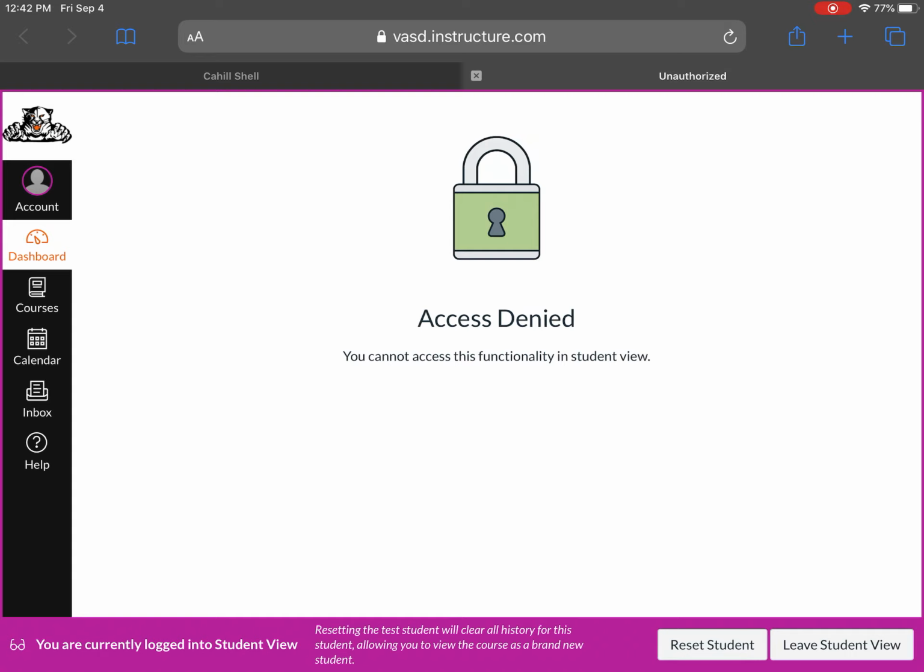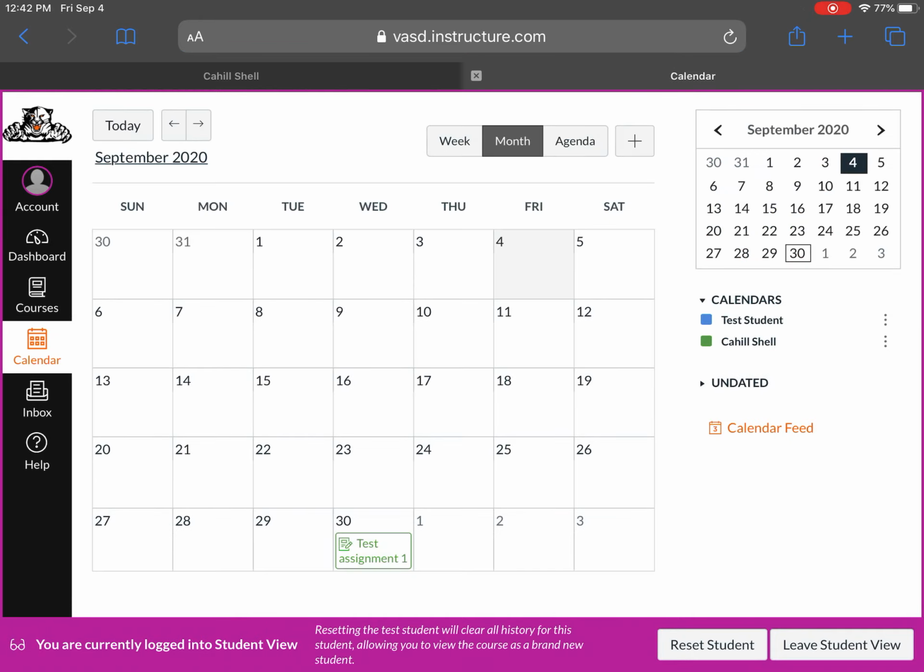Right now, because I'm in student view, it's acting a little funny, but basically there is a bar on the left side of the screen. I'm going to click on the icon that says Calendar. And on Calendar, what you can see here is that I have an assignment called Test Assignment due on September 30th. Now, if I leave student view really quick,